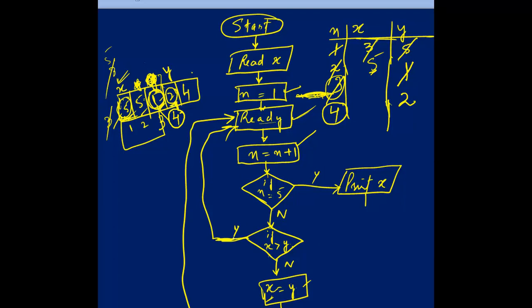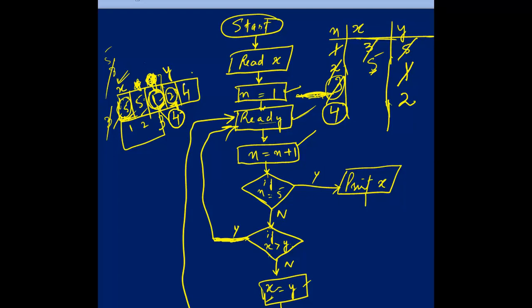So we will directly move here, yes. It will not go to the no part because x is already greater than y. This condition is yes here, and it will not go here. Here we needed to replace the value of x with the value of y, because the value of y was greater than the value of x. But here the value of x is already greater than the value of y. So we are directly moving to read the next number.